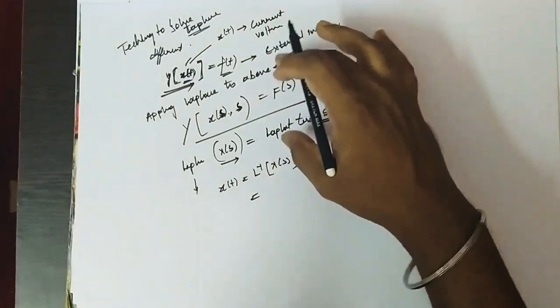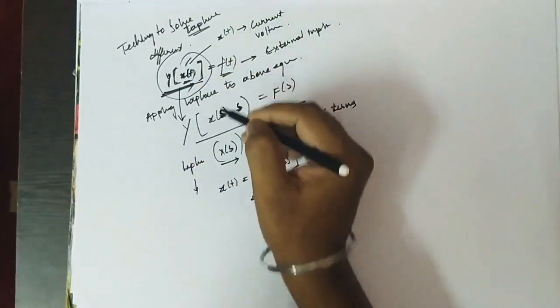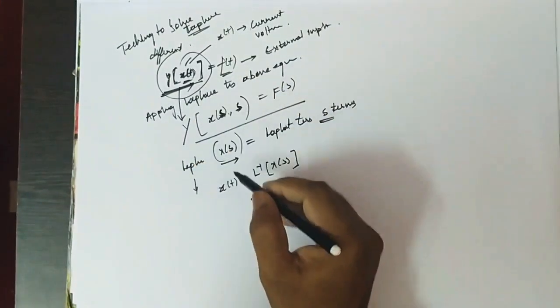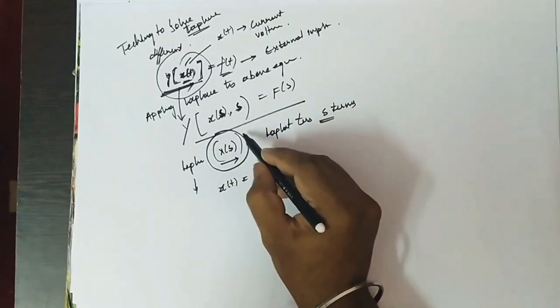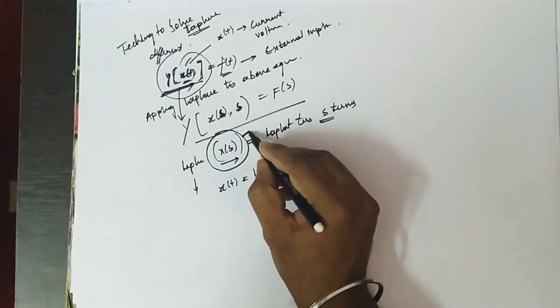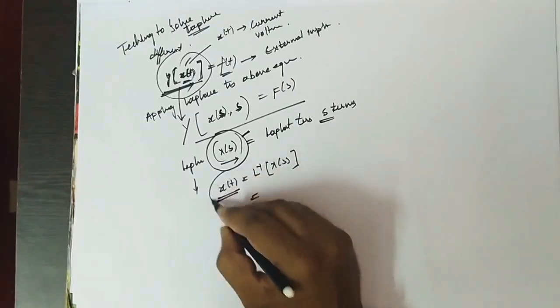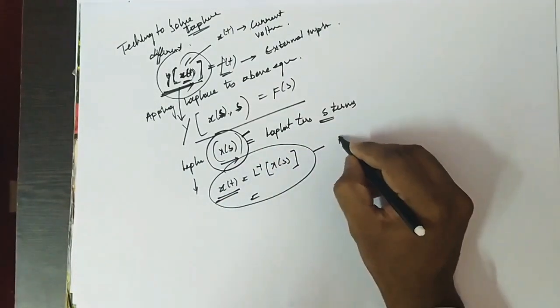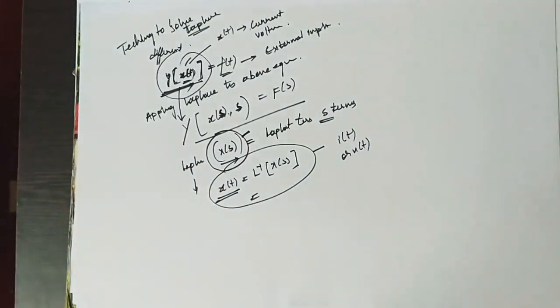This is the mathematics. You have a differential equation, you will apply Laplace to that differential equation. After applying that, the response you need you will get in the Laplace transform. After inversing that Laplace, you will get x of t. So this is the x of t response we need, that is i of t or v of t. Okay.